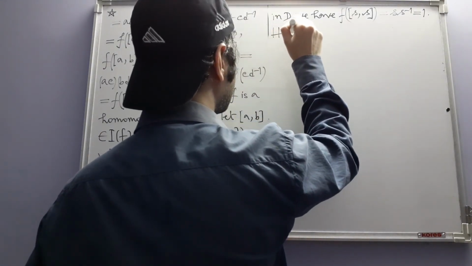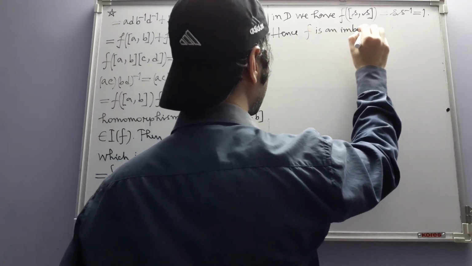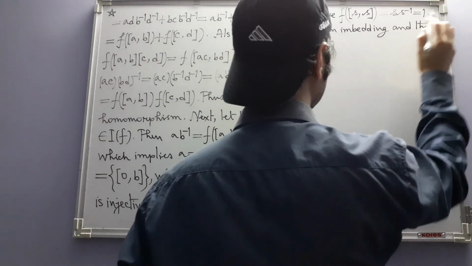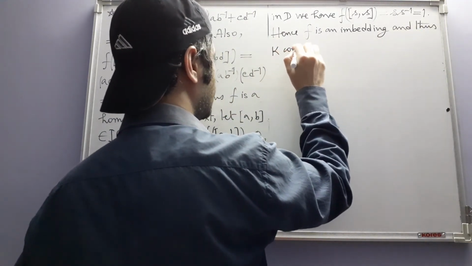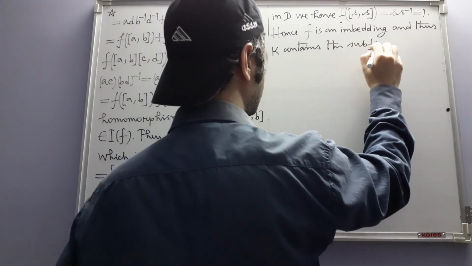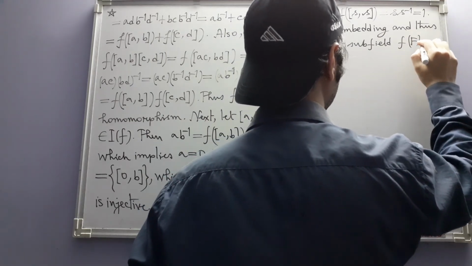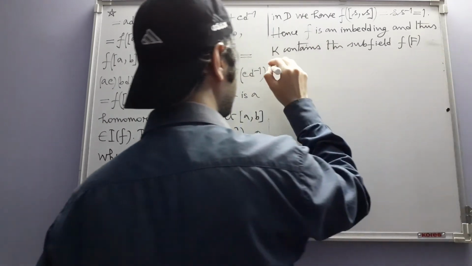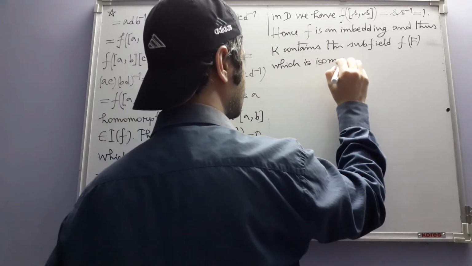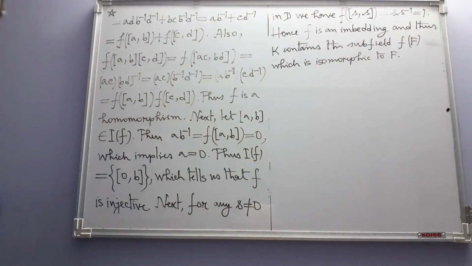Hence, f is an embedding and thus K contains the subfield f of F, which is isomorphic to F. By the way, why is it isomorphic to F? It's because